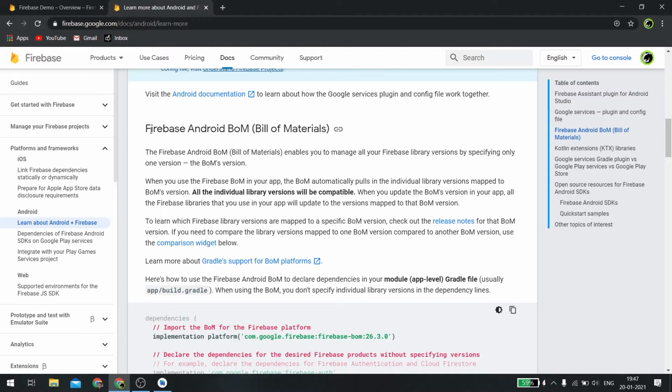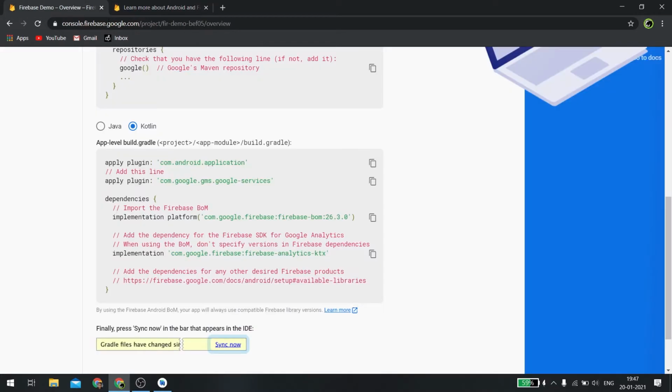Okay, so what it will do is that Firebase is now, instead of managing or implementing the dependencies for each and every service that we require. For example, right now we can see Firebase Analytics. There is another implementation for Firebase Authorization, then again for Cloud Firestore, and then again for remote config or something like that. There will be a lot of libraries and it will be very difficult to manage their versions each